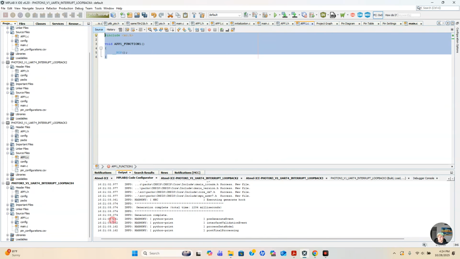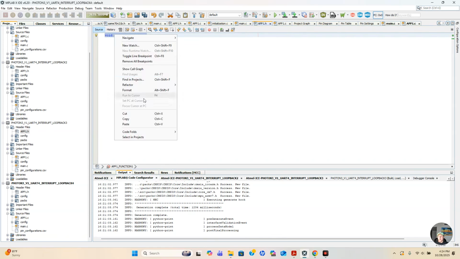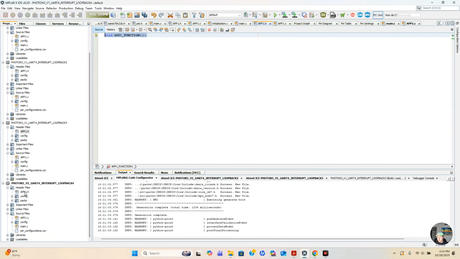this over to app1.c, and then put that there, and then copy and paste this over as well. And that should be all we need. And then we go to main.c,